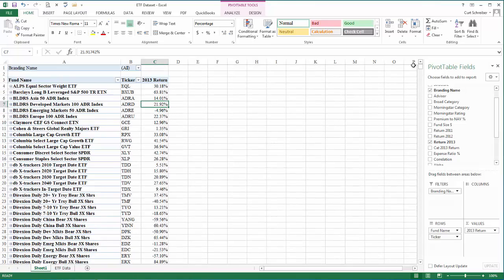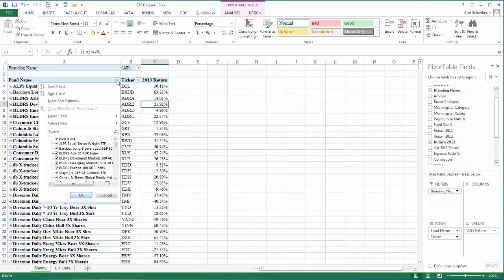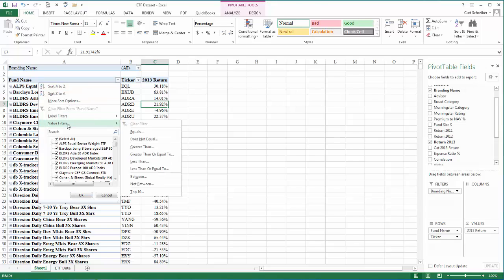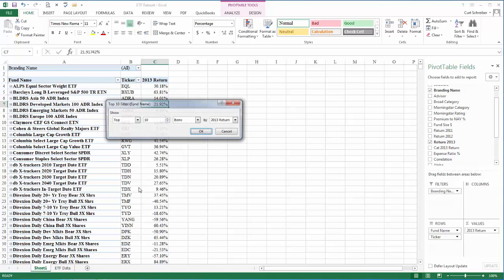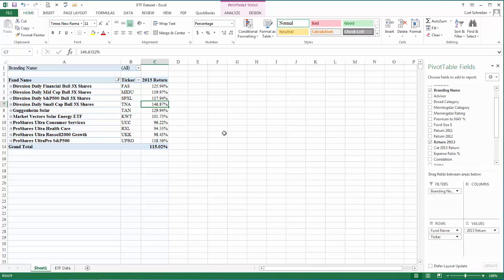Maybe we want to narrow this down. One way to do that is, like a table, we're automatically set up with our drop down arrows. So let's click on the drop down arrow next to fund name. Let's click on Value Filters and click on Top 10, and notice that we want the 2013 return over here and click OK. So now rather than having 764 ETFs to sort through, we've very quickly narrowed it down to the top 10